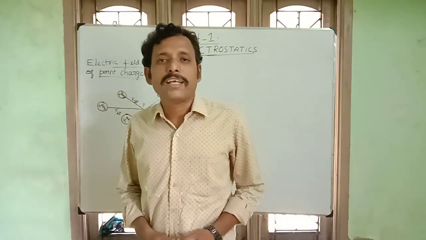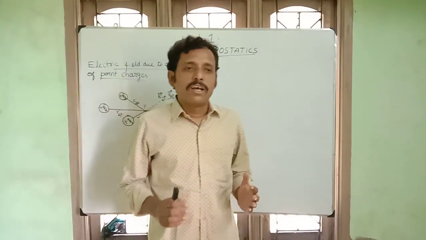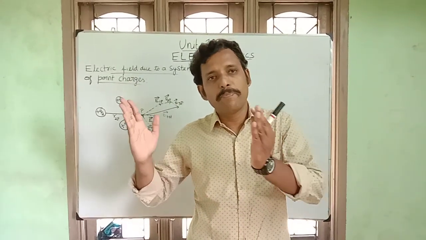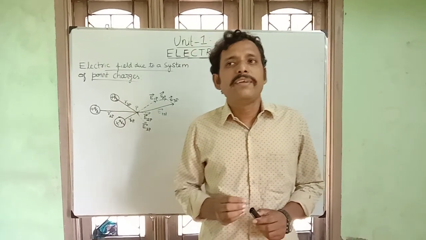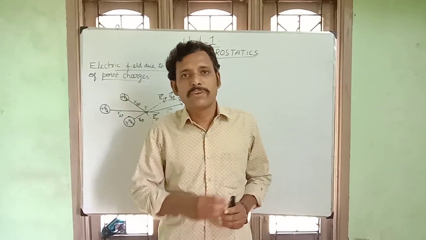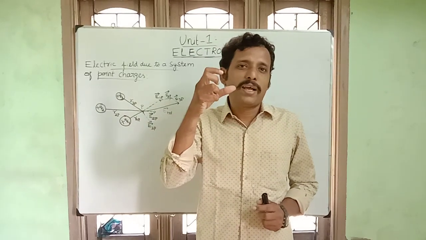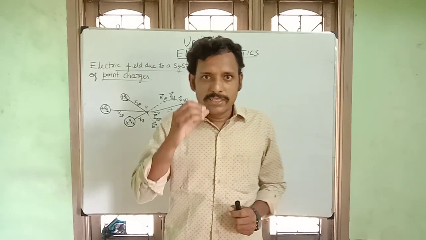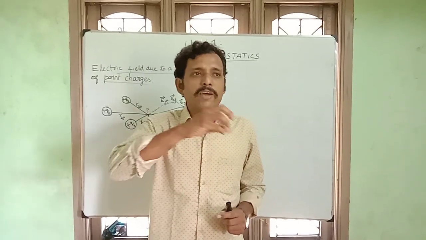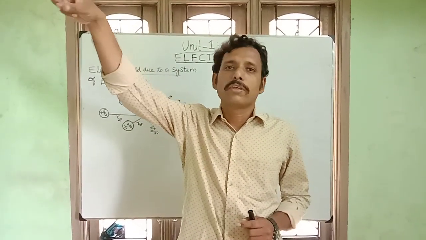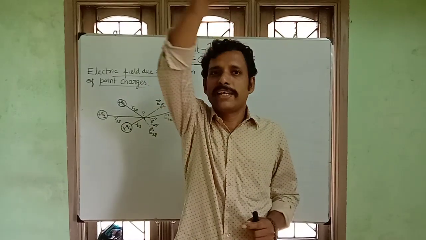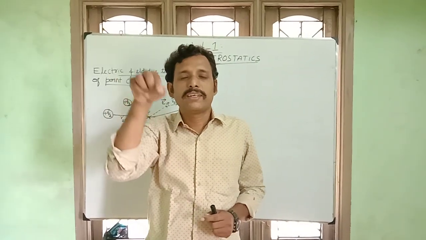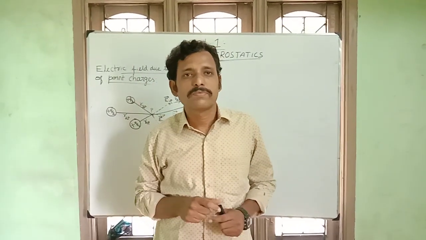So last class we discussed what is electric field due to a point charge. Is it clear? And then the concept of electric field, we have discussed various concepts. You have an idea about it. Remember the idea. Now, based on this, suppose I have a number of charges Q1, Q2, Q3, Q4, etc. I have a point. So, what is the total electric field because of these charges?